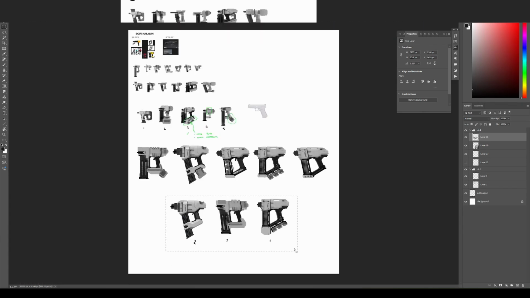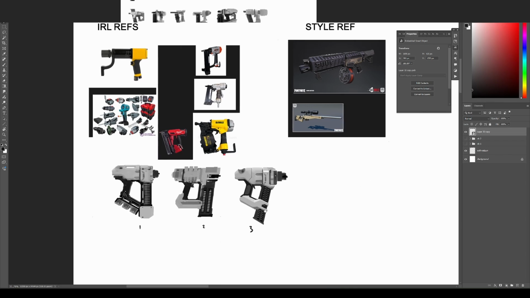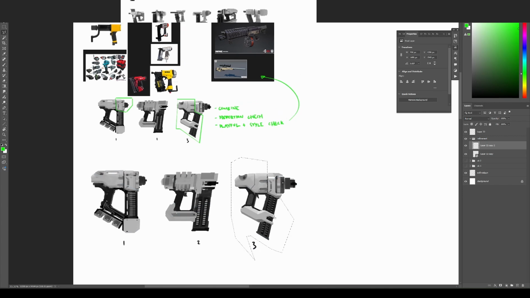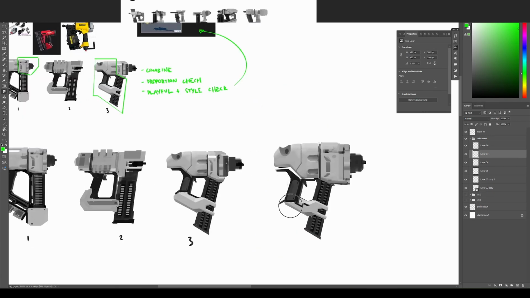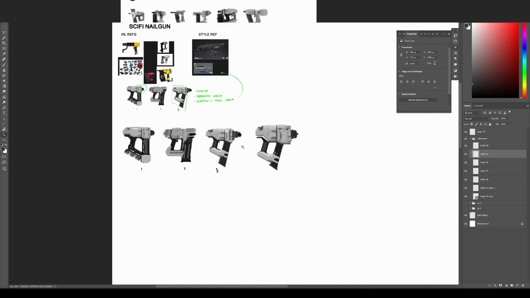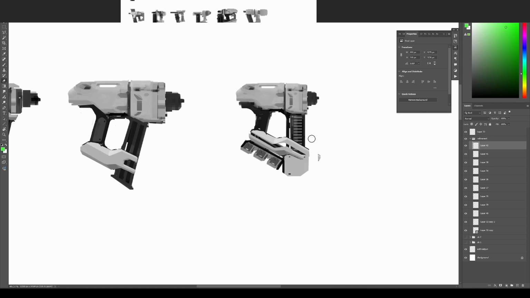And reason being is that, to be honest, if I was an art director looking at my folio, I would have some unanswered questions. Namely, how does this person think? Can they sketch? Can they iterate? I do have some of that in there, but I think as